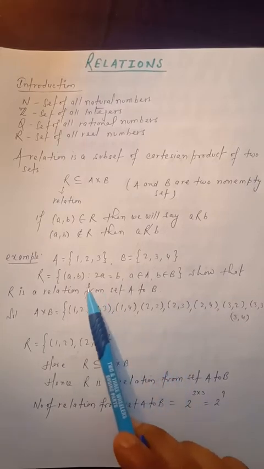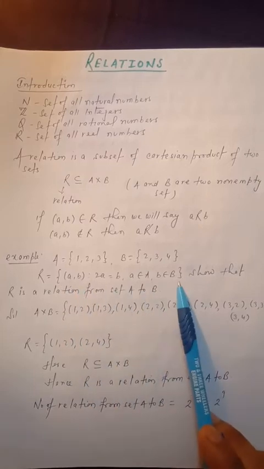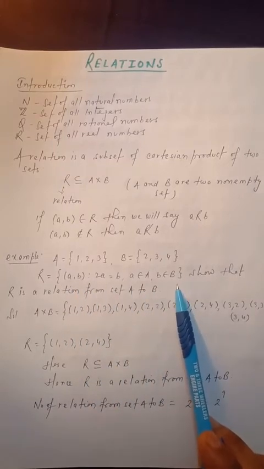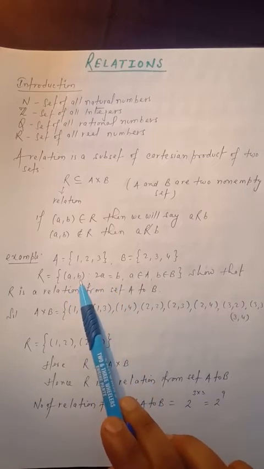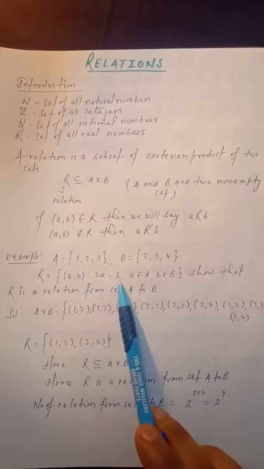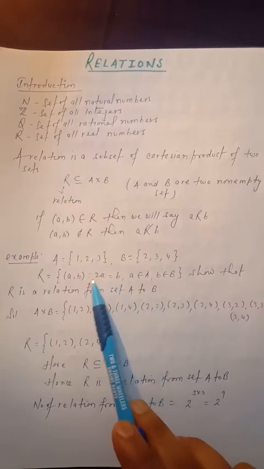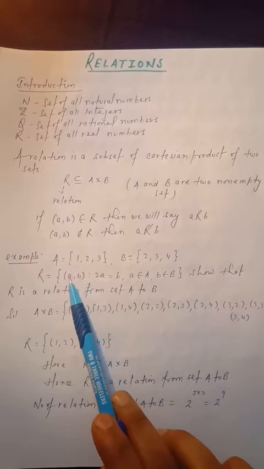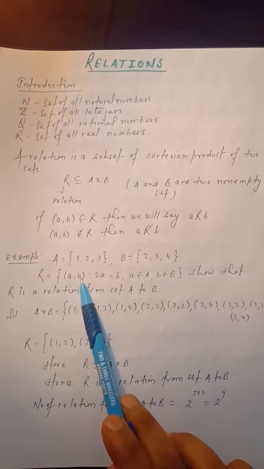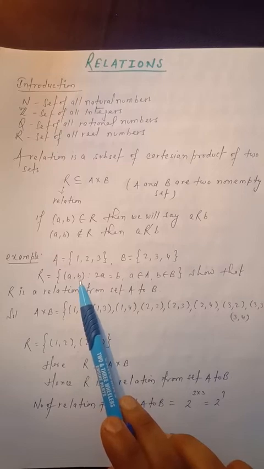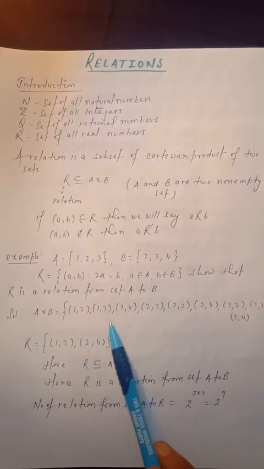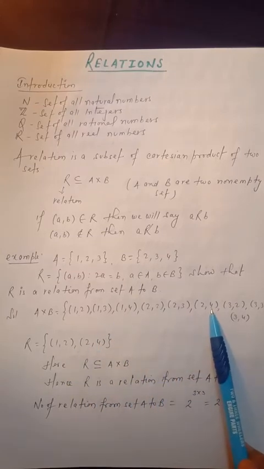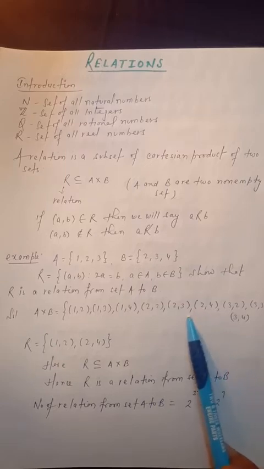Now look at this relation. This relation is written in set builder form, and here this ordered pair (a, b) is written in the way that b = 2a. It means we can say this second element is double of the first. So now we will see where this condition is true. Here this second element is double of first, so I will take this element and one more, because 4 is double of 2, so here this b is 2 times a.